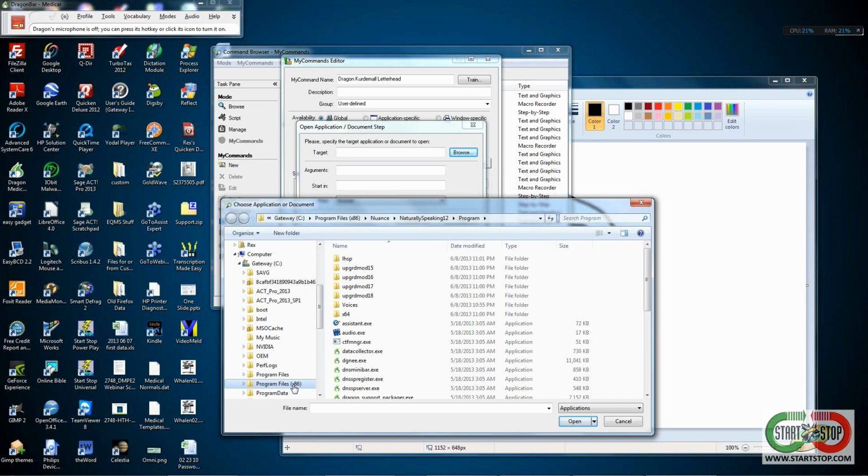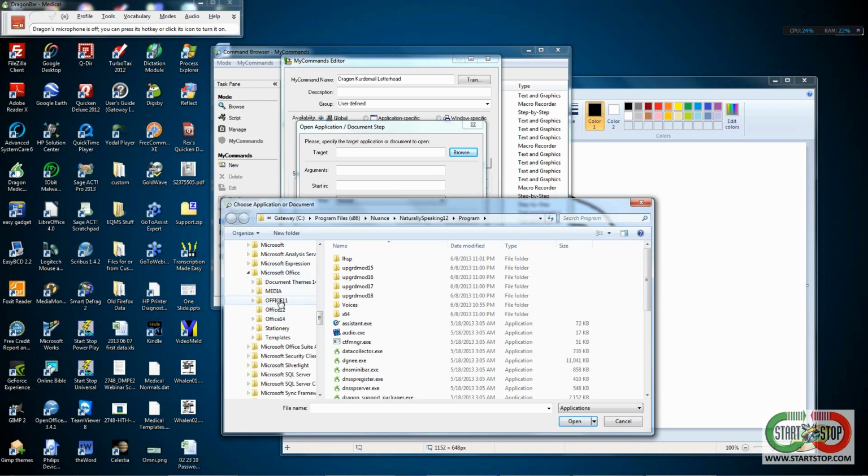For most people, if you're in Windows Vista or any of the 64-bit machines, you're going to have Program Files, and you're going to have Program Files x86. And for most people, Office is going to be in x86 because it installs by default as a 32-bit application. So you then go to, I almost went out of habit to the Nuance folder because that's where I go most of the time. Microsoft Office,